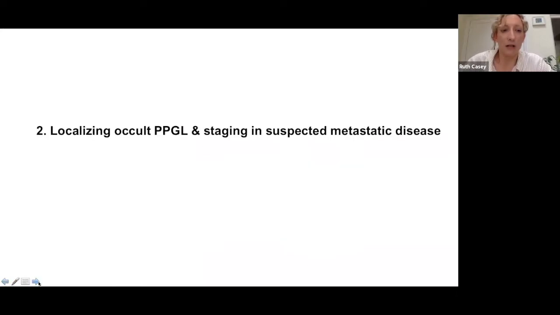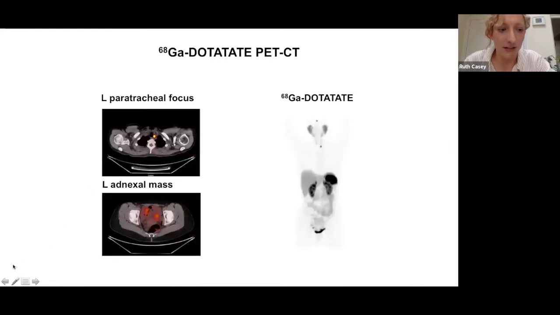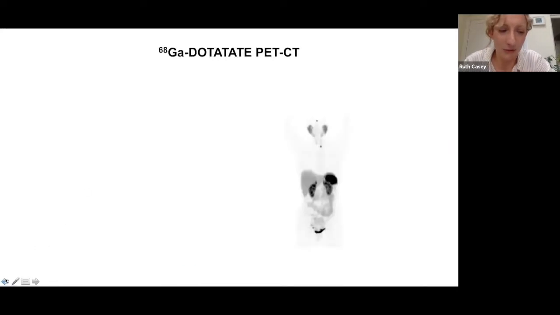So what about localizing occult pheochromocytomas and paragangliomas then, and staging patients with suspected metastatic disease? So this is a very interesting case, and thanks to Enos, who gave me her slides, which unfortunately, I don't